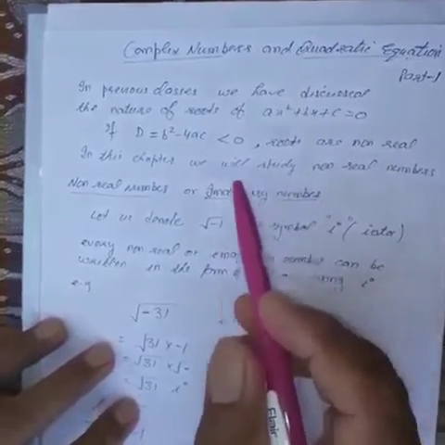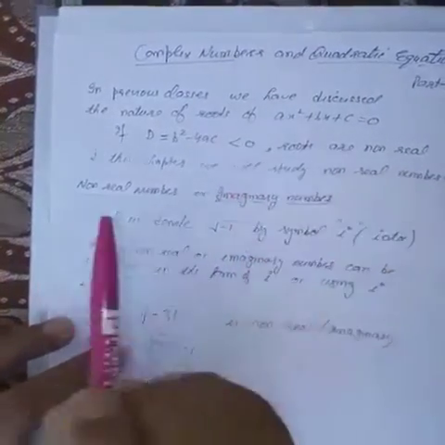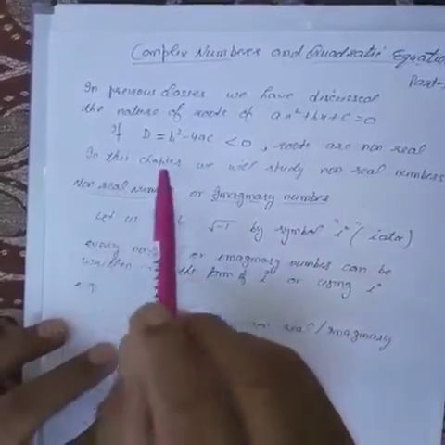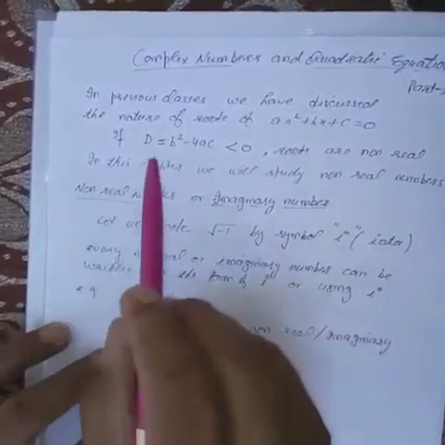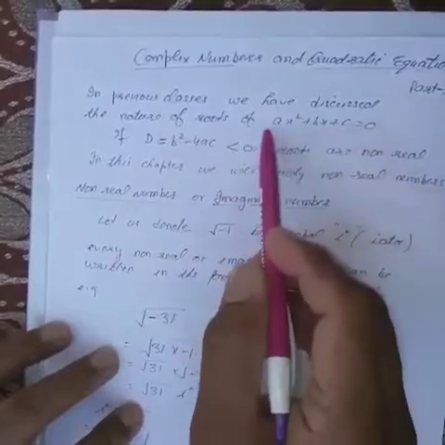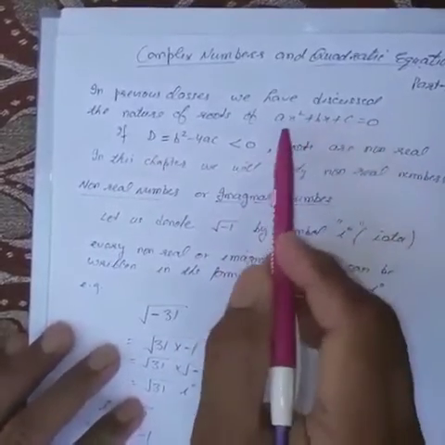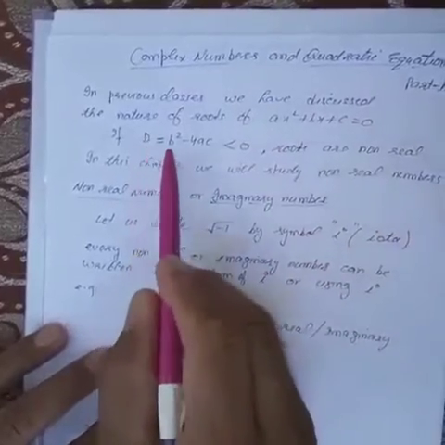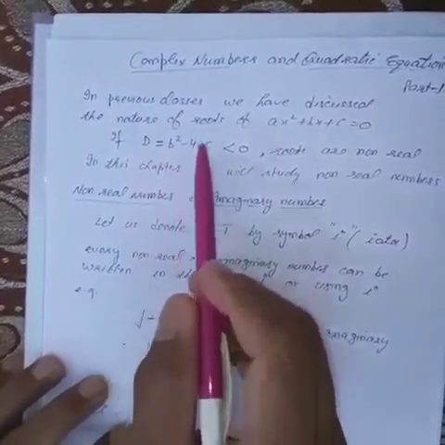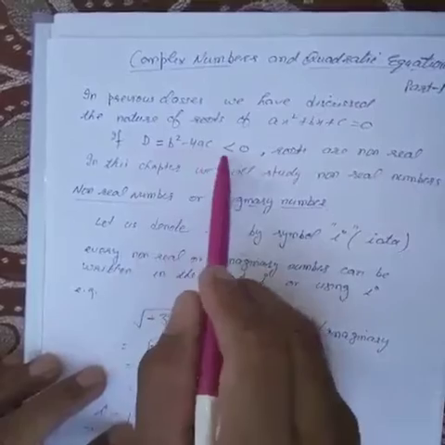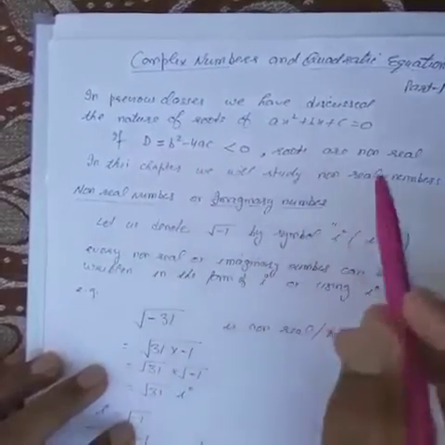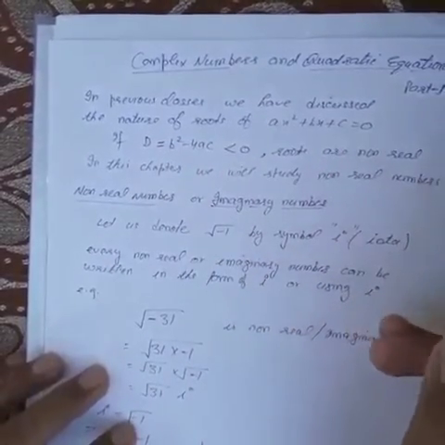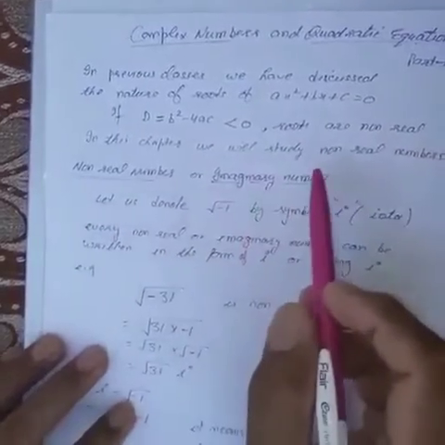This is Chapter 5. This is a very interesting and very easy chapter. In previous classes, we have discussed the nature of roots of a quadratic equation. In 10th class, we have done. So, what is the nature of roots? The nature of roots depends on D, which is b square minus 4ac. You remember when D is less than 0, the roots are non-real, and in this chapter we will study about